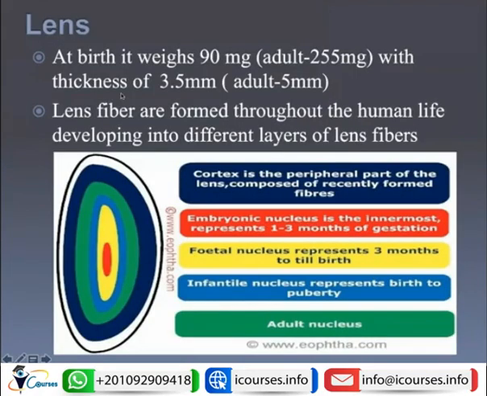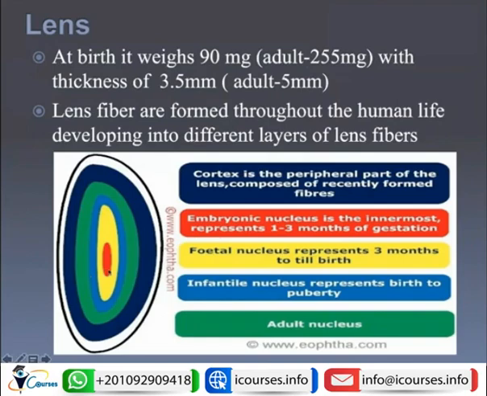So basically, the lens at birth is about 90 milligram in weight, while it continues to grow in size until in the adult it reaches 255 milligram with a thickness of about 3.5 millimeters. So the lens fibers are formed of different nuclei that are developing throughout life, starting from early gestation. So we have first the embryonic nucleus derived from the primary lens fibers in the first 2 months. Then around the embryonic nucleus, there will be the fetal nucleus, which will continue to grow